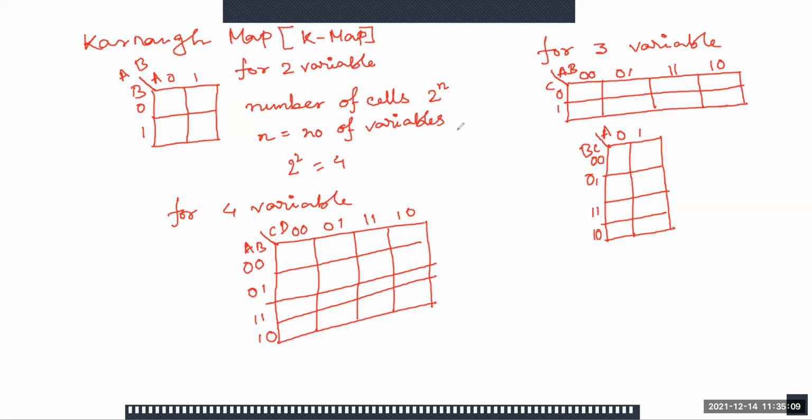Whatever I discuss now is the rules for SOP, sum of product. After that I will also discuss POS. Both have the same rules, and I will just tell you the differences.